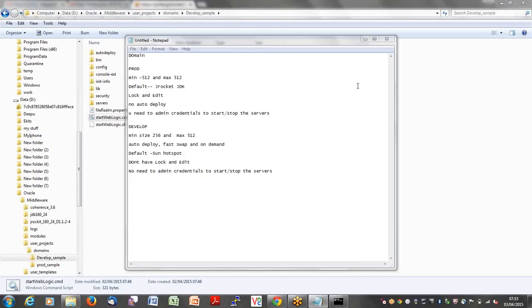So the difference is, when you give a lower value as the minimum size, during the startup the server will take only that small amount of memory from the RAM, and it starts quickly. It doesn't need more time to load because 256 is very easy to load when compared to 512 MB of memory. So it will load the 256 MB of memory and get started.